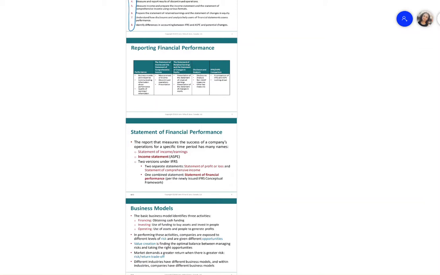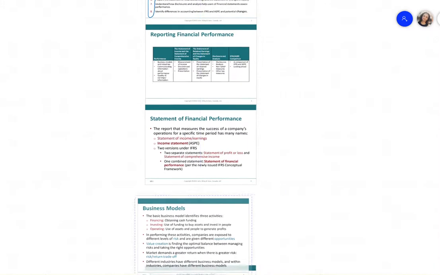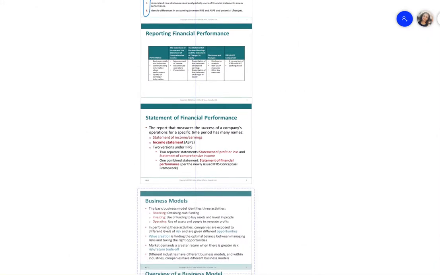First of all, what is the statement? The statement reports that measures the success of the company's operation for a specific time period and has many names. Some of us call it a statement of income or earnings. If it's an ASPE company, if the company is following ASPE standards, they would call this report an income statement, and